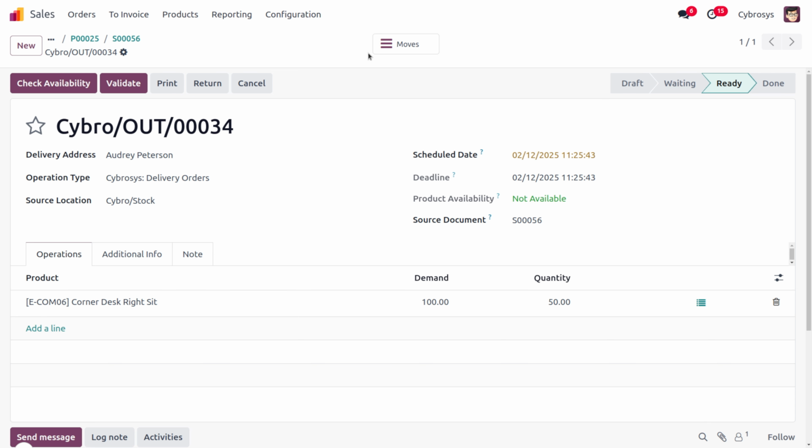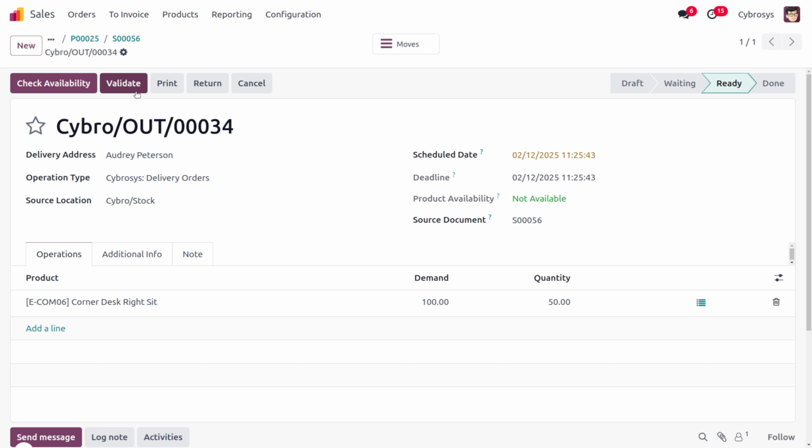Now let's move on to the delivery tab, and here you can see that we have to check the availability. In this case, we will only have 50 quantity available. This is because the 49 is the forecasted item.